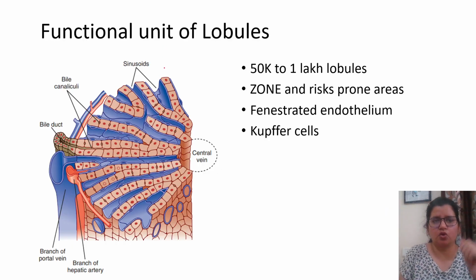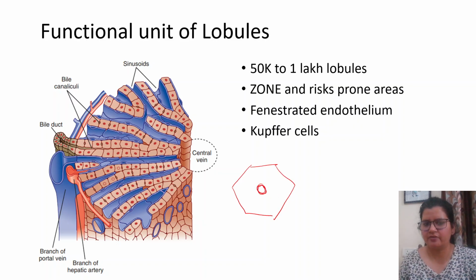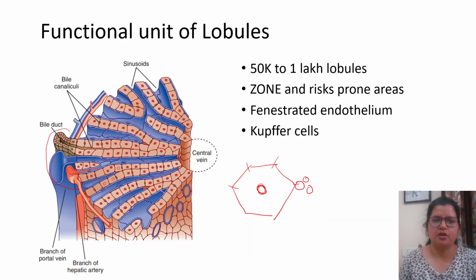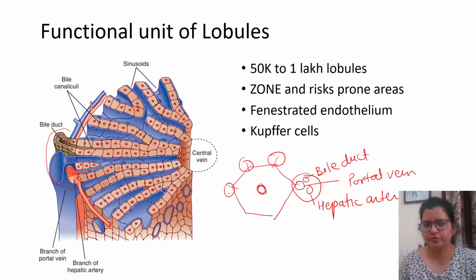The liver has various lobules. In lobes, the liver has various lobules, and lobules are basically hexagon-like structures like this, situated around the central vein. So at the center we have the central vein. At all the six corners we have three things situated, and you can see it here. The major vessel is basically a branch of the portal vein, and there are two more vessels. One is the hepatic artery, and one is the bile duct.